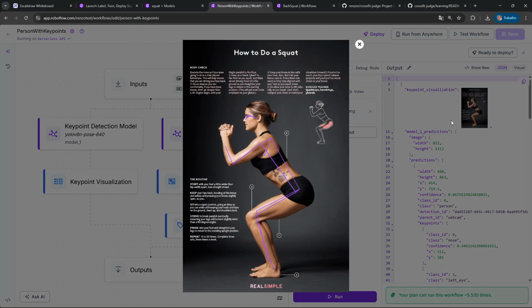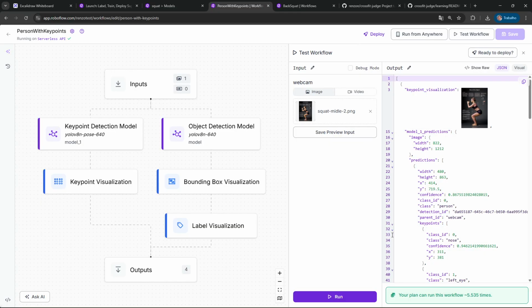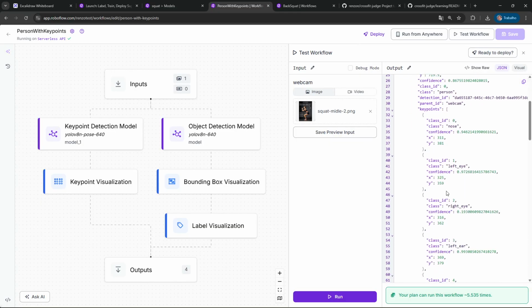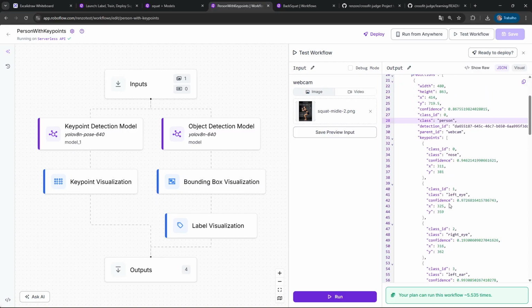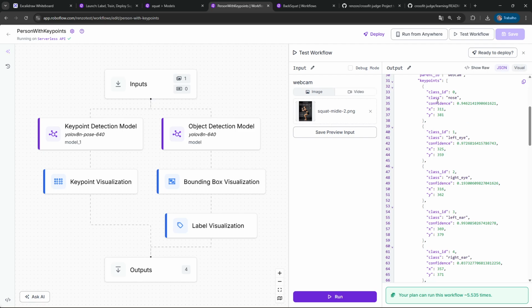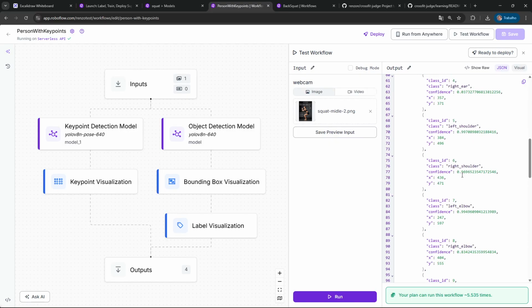And well, you can see here that the key point visualization is going to provide me the visualizations on the legs, the arms, eyes, and all the positions. And you can see on the output that those positions are there. Let's see the predictions. It's a person with, you can see here, nose, left eye, right eye with the positions in here, left ear and so on.